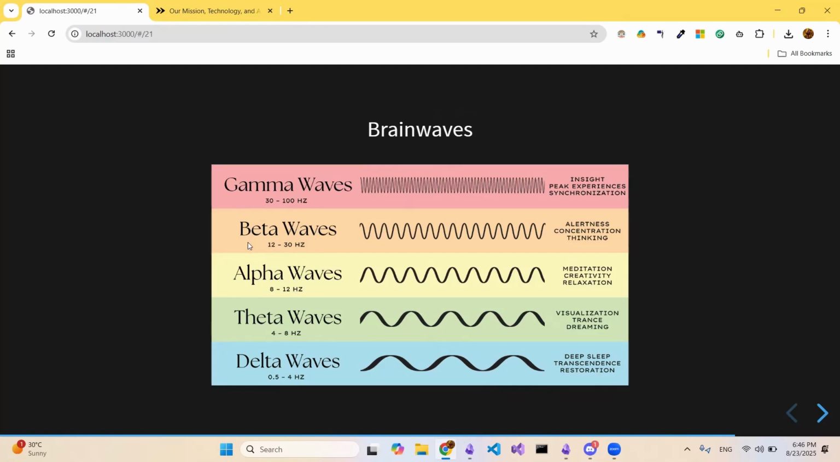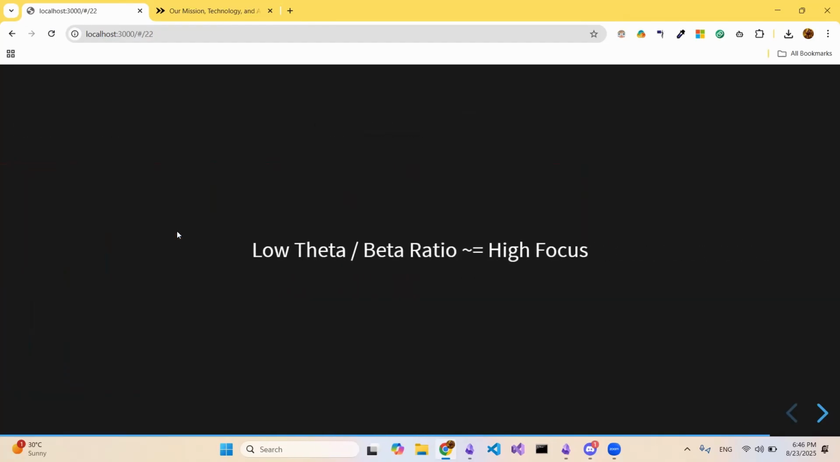And when we are very strongly focused, like when we're trying to solve a difficult math problem or when we're playing chess or very extremely stressed or something like that, we are in gamma waves, which is from 30 to 100 hertz. So pretty much by comparing, for example, theta to beta ratio, we can see how focused we